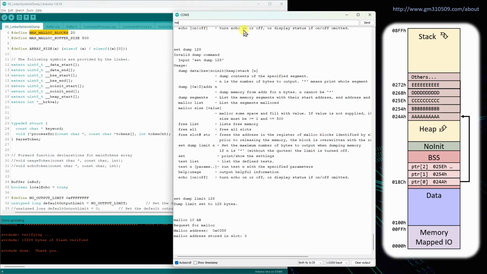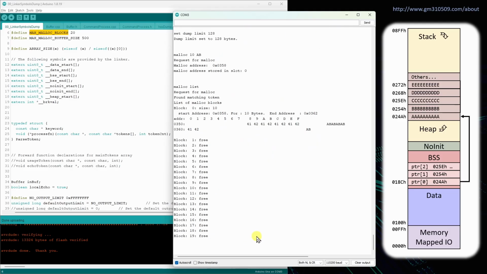Now, if I say malloc list, then it'll list all of them. Remember, this one was here at 358 and it's in slot 0. So in the malloc list, I've got blocks 0 to 19, because that's one less than 20. You can see it's size 10, and here's its content, AB, AB, AB, AB, and the rest of them are free. Now, if I dump the heap,